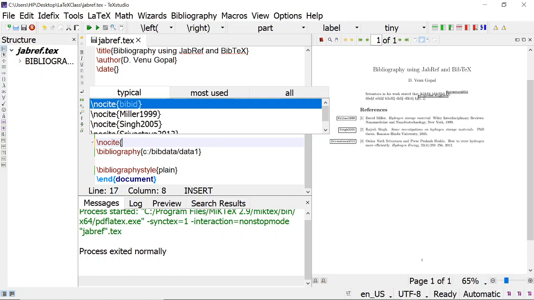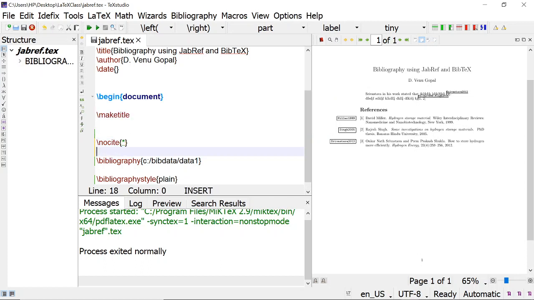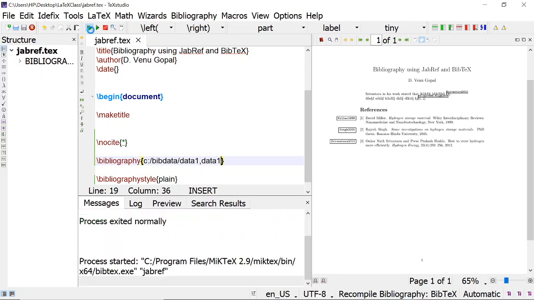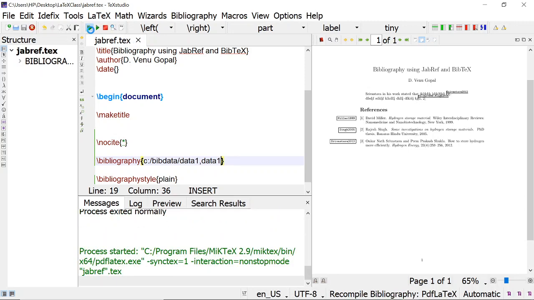So everything in the database will come here. I have another data. Okay, I put without giving any path data1. So I have put it in the same folder where my this text file is there. So that data will also be taken out.